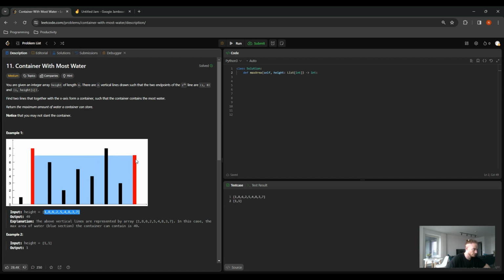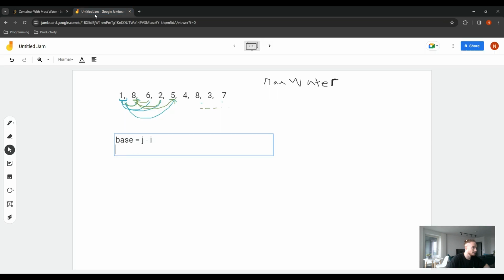For example, here the height is bounded at 7, because if not, the water will overflow. So it's bounded by the minimum height. Here we will need to find the min height, which is basically the min between